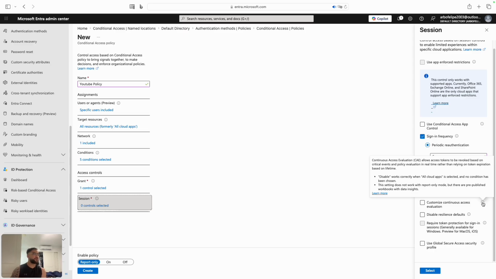This is a really important one because, as you guys can read, it allows access tokens to be revoked based on critical events and policy evaluation in real time rather than relying on token expiration based on lifetime. So tokens usually expire. They have a lifetime. They have a date to expire. But if continuous access evaluation